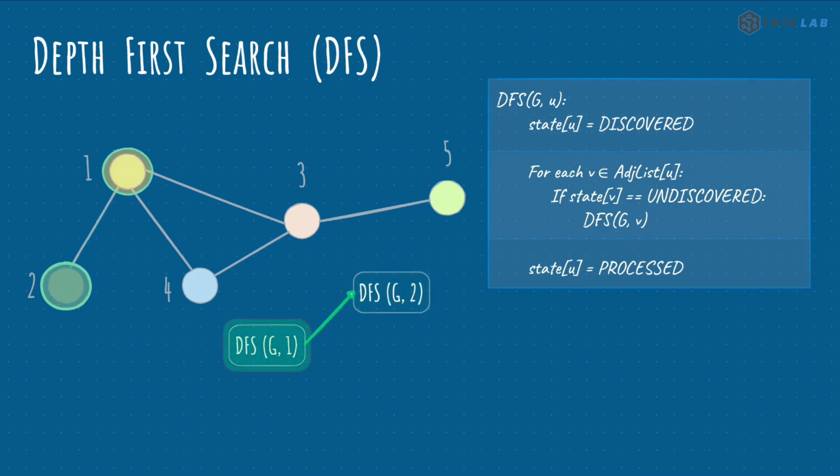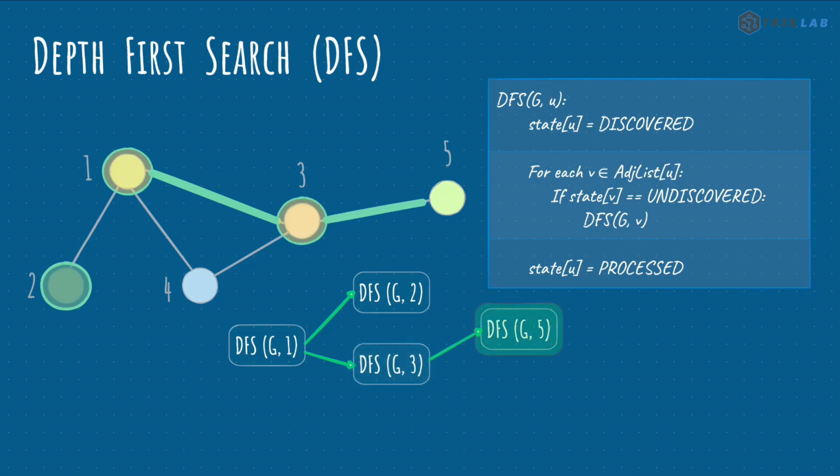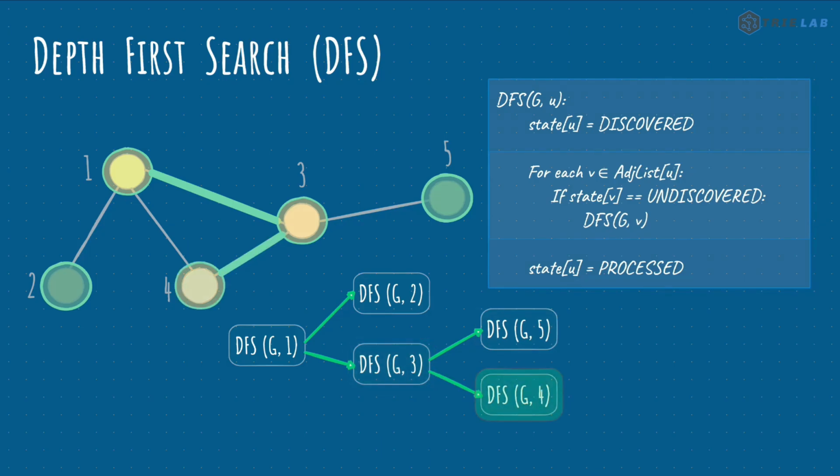stack. Back at node 1, we now have options to recurse into node 3 or node 4. Now let's choose node 3. Again, we mark node 3 as discovered, and now we can go to either node 4 or node 5 from this particular node. Let's now recurse into node 5. We again mark it as discovered, and since it has no undiscovered neighbors, we can mark it as processed and return back. Now we recurse into node 4, mark it as discovered, and again, since all the neighbors are already visited, we mark it as processed and return back. Similarly, we mark node 3 as processed, and finally node 1 as well, completing our DFS traversal.